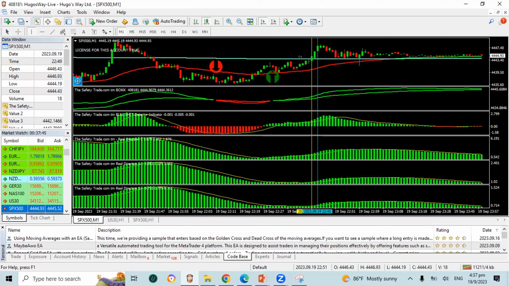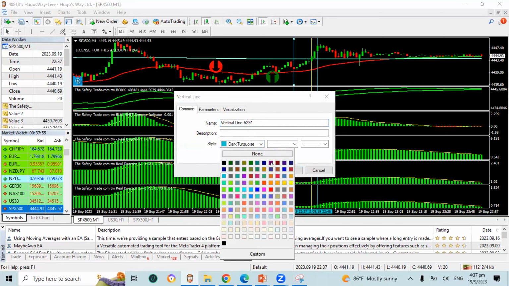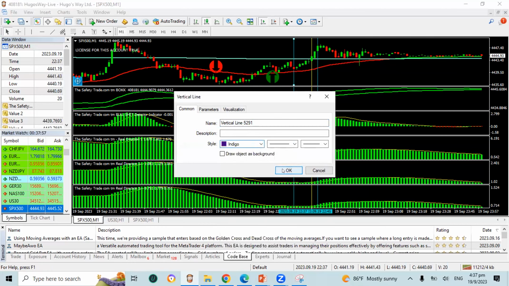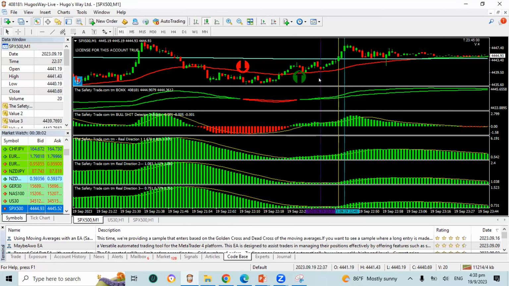Correct. Exactly. So if you notice, guys, the NAS and S&P in this case happened around about the same time. All right, so we're looking at this purple line here. And it's really at the same point right here. I'll just put it aside so you can see. So what would have happened here, ladies and gentlemen, is that NAS and S&P crossed at this point in time, and then US30 did it after.